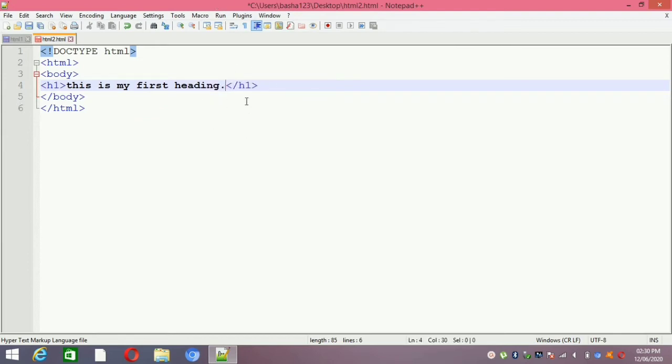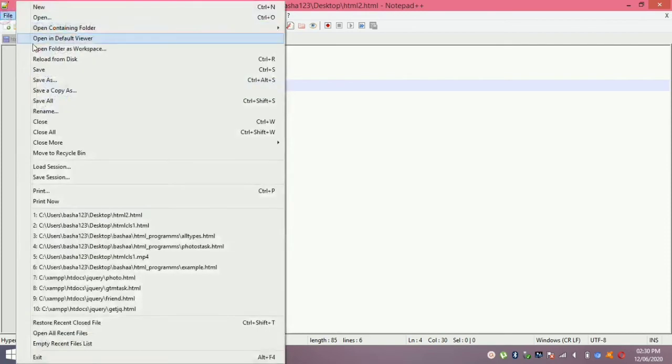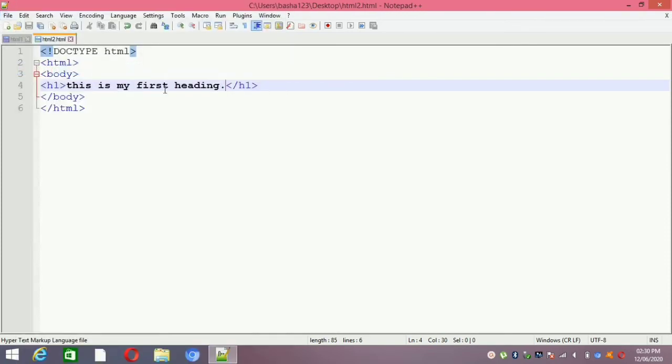Now I want to see the output. To see the output, firstly we have to save this program by going here, clicking file and then save. How to identify whether this program is saved or not? For that purpose we have to see here. Firstly it will present a star, so it shows that it is not saved. After saving, that star will be removed. In the next video I will show you the saved and not saved indication.